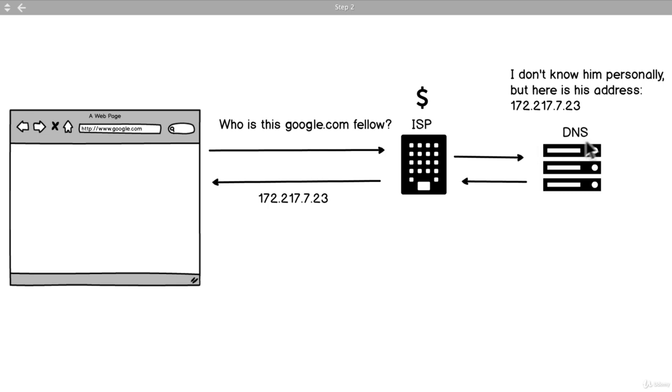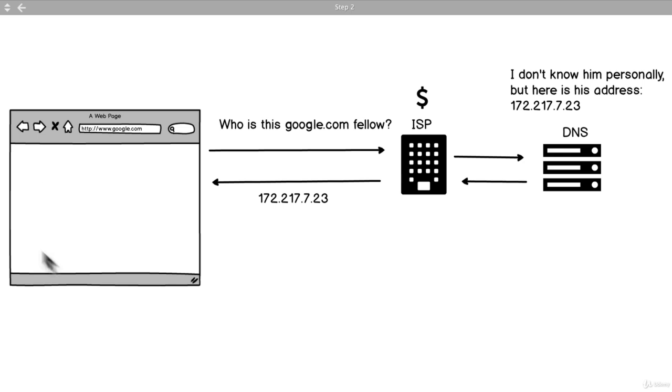So don't worry too much about it, but essentially it's a phone book that has the list of all these URLs like google.com, and it has the addresses of them. So exactly like a phone book, they know where google.com is. So they say, hey, I don't know Mr. Google.com personally, but I do know his address. So you should go check him out. So they send off that request back through the ISP, and the web browser, Google Chrome in this case, gets